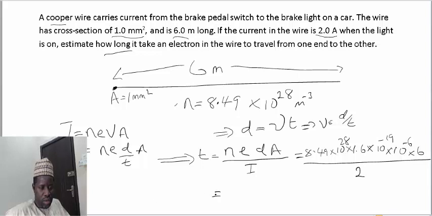If you evaluate this correctly, the time it will take the electron to cover this distance of 6 meters is evaluated to be